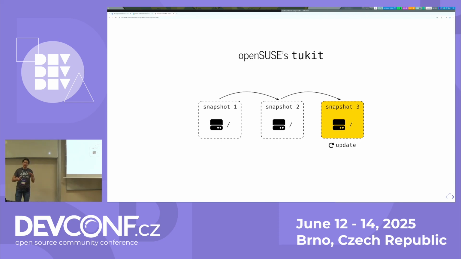All the important data are in a subvolume. This subvolume is set as read-only, so you can't really mess with it. And if you want to create an upgrade, you create a new snapshot, because thankfully Btrfs supports that. You install your upgrade into the new snapshot, and then you reboot from that. And then it sets that one as read-only, and for that you can use this nice feature of setting the